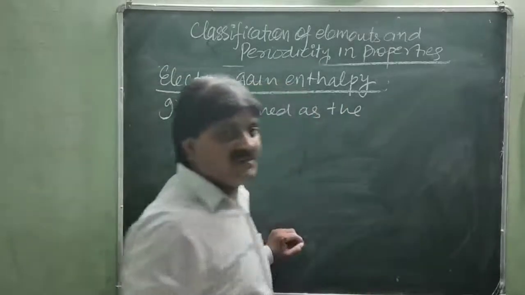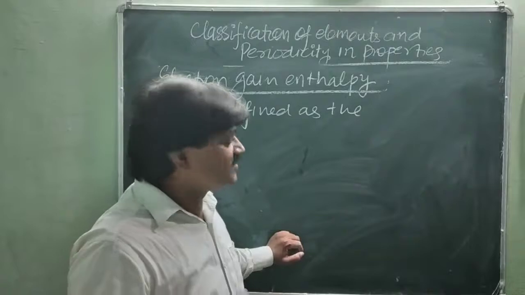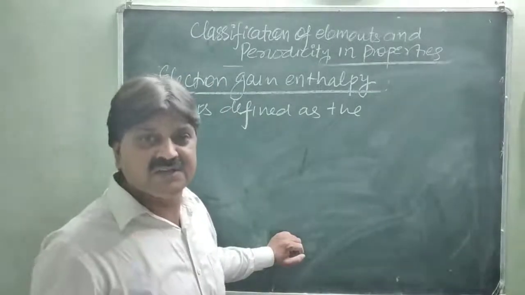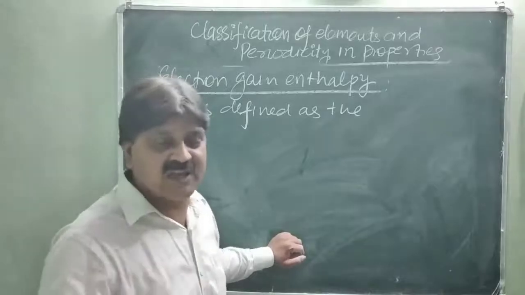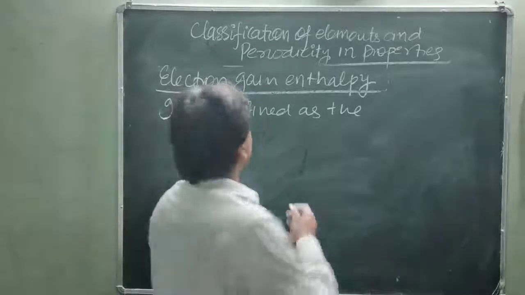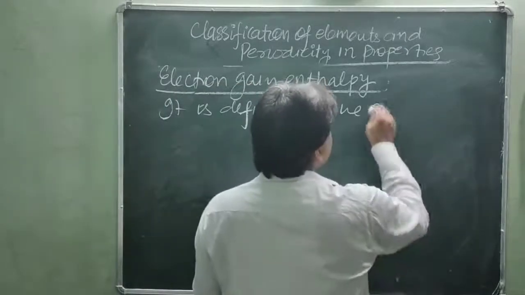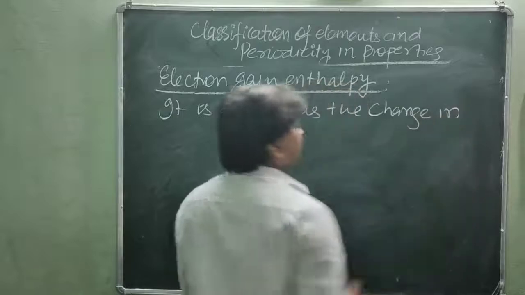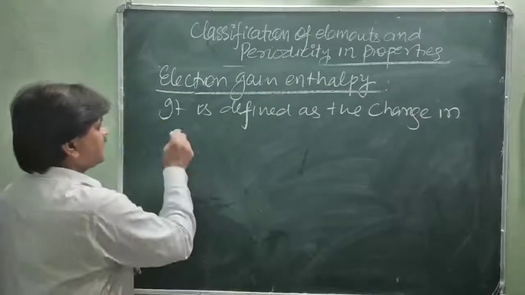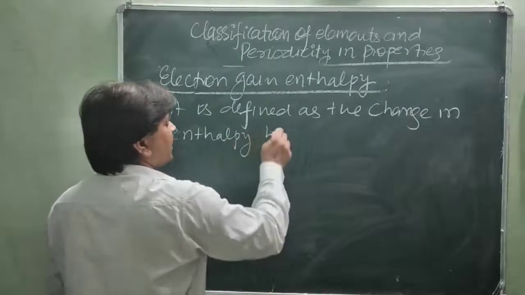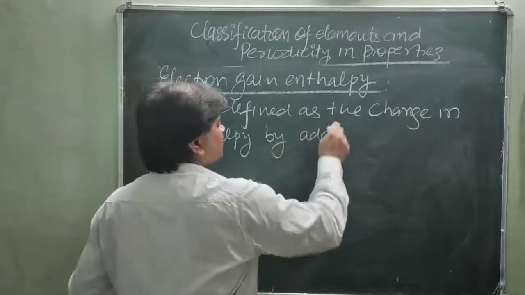Actually, most books give the definition as released energy or decreased energy. So I am mentioning here the change in enthalpy, meaning either increase or decrease, either release or absorb. So it is defined as the change in enthalpy by adding an extra electron